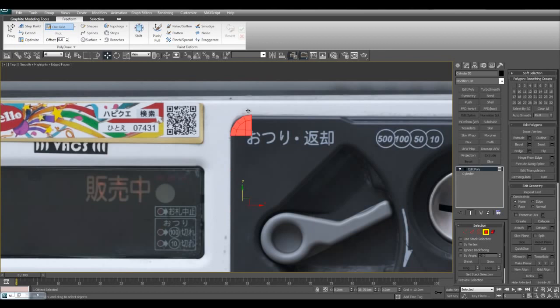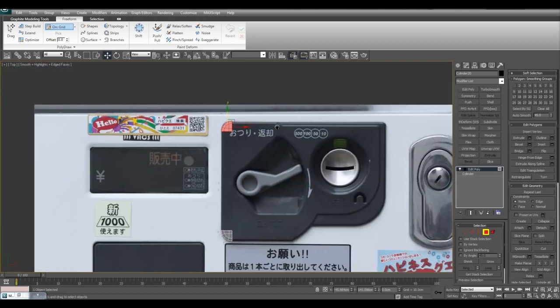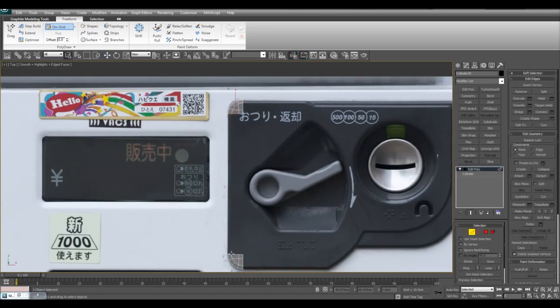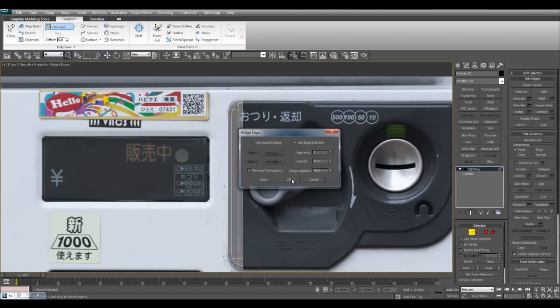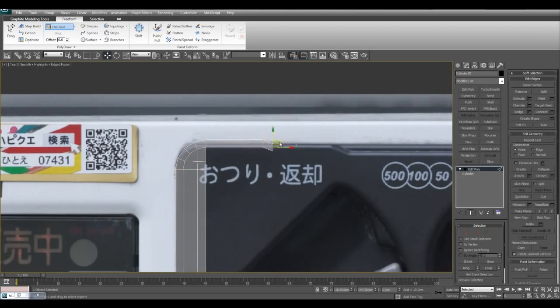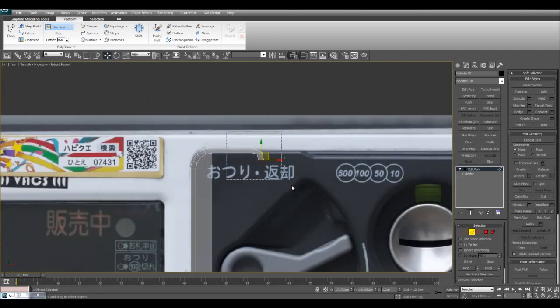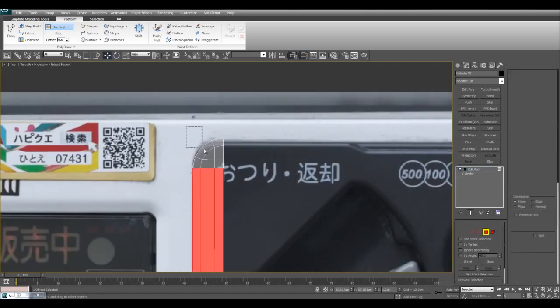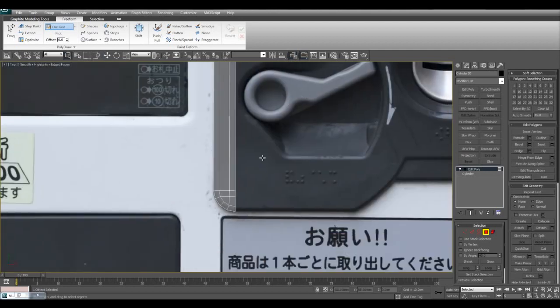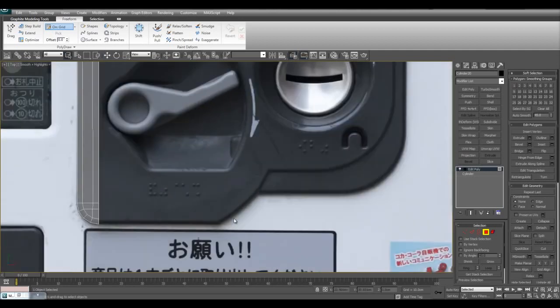So I can have precision and consistency on my geometry. And what I can do now is just select this and bridge it. So I don't have to worry about doing this. I don't have to worry about rotating it and getting it right each time. I can just duplicate these polygons all around, and I can have the same curve